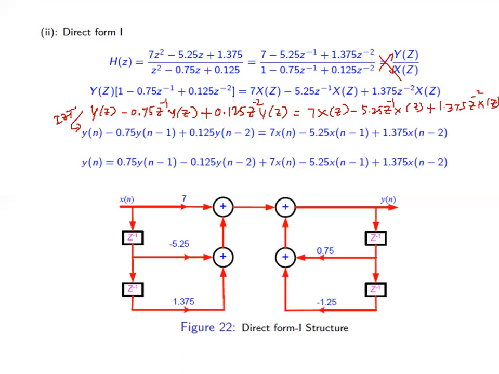So by applying inverse z transform, we'll get y of n. Then z inverse into y of z is y of n minus 1, and z power minus 2 into y of z is y of n minus 2. So likewise for the right side also. So then y of n equals to 0.75 y of n minus 1